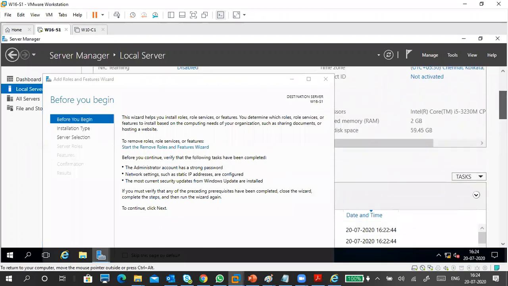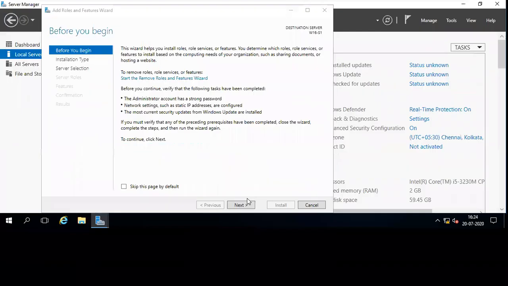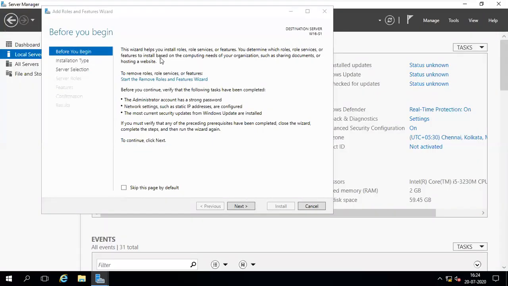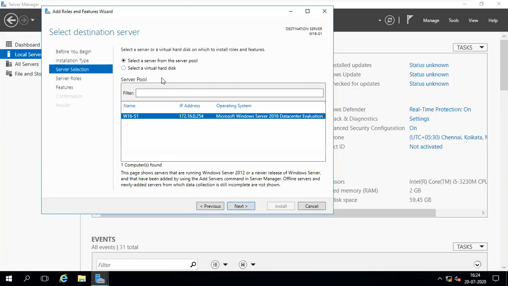Now you can see this. I'm putting it in full screen mode because half of the screen is covered. This is my server role. Next, first option only, role-based or feature-based installation.